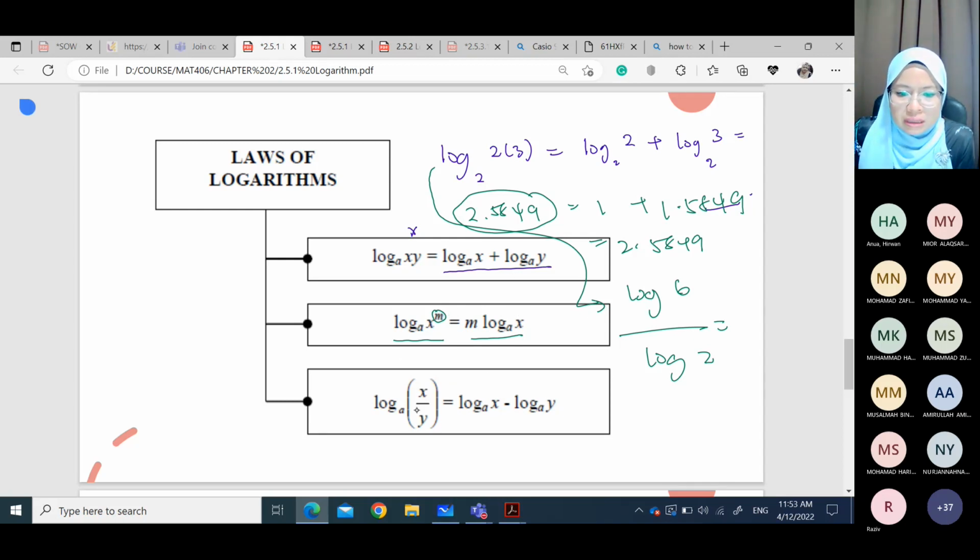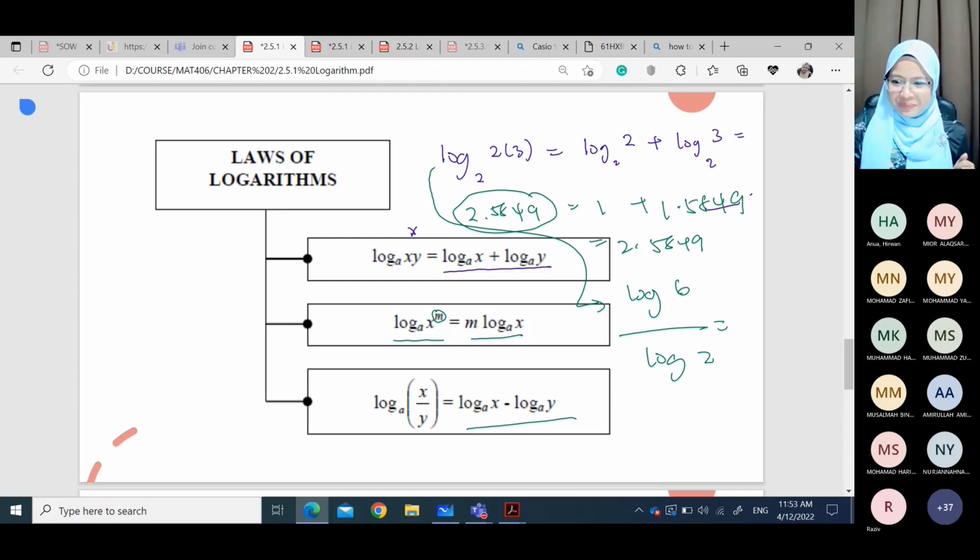And the third law here is about, so we have log A, base dia A, and the value here is x over y. So it is equivalent with log A x minus log A y. So bila dia melibatkan bahagi, so operasi bagi log akan jadi tolak. Macam tu. Okay, faham. So ni adalah hukum-hukum log